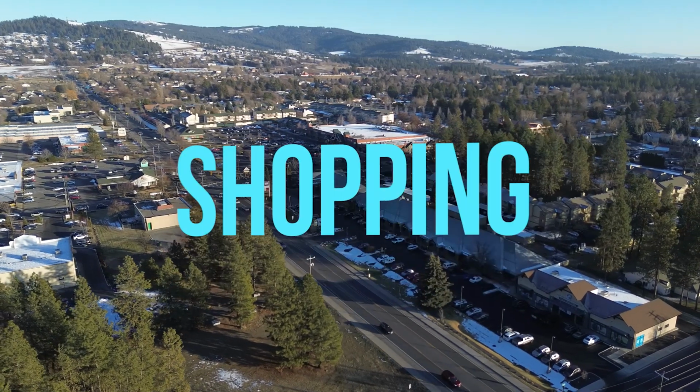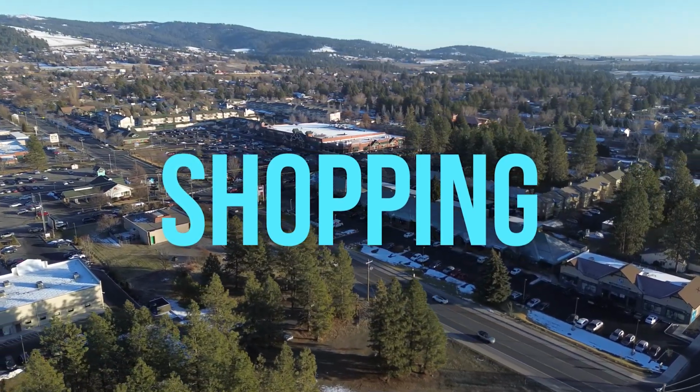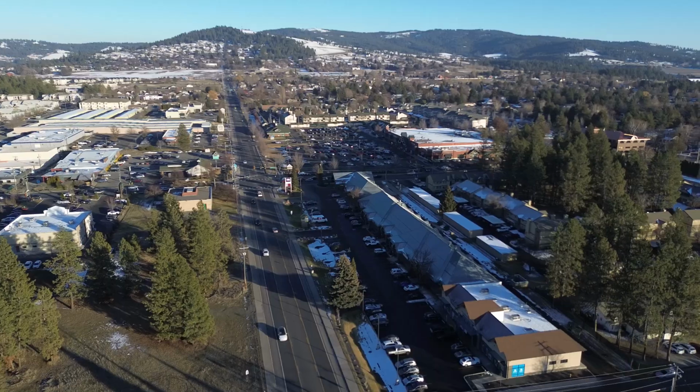Okay, let's talk about shopping and amenities, because I would say that's one of the big things about the Moran Prairie neighborhood, that there's a lot of things in that vicinity. Your day-to-day stuff, you can drive less than 5 minutes to basically most things that you would absolutely need. And then of course, if you want to go outside of that area, you can, but you don't have to. So looking at the map again, looking at that Moran Prairie neighborhood,